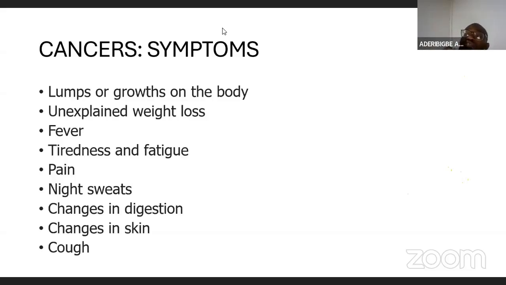And usually, a characteristic of cancerous tumors is that they grow relatively fast. If you see something the size of your thumb that has been there for 10 years, it's not likely to be a cancer. However, if you see something the size of the tip of your finger today, in 4 months it's like your thumb, in another 10 months it's like your fist, then one has to be very careful. So lumps or growths on the body, then unexplained weight loss. For instance, with any elderly person with unexplained weight loss, one of the first things we think about is a cancer somewhere, usually colon.